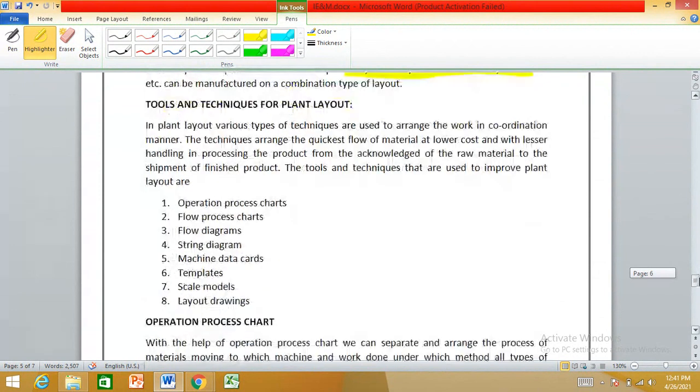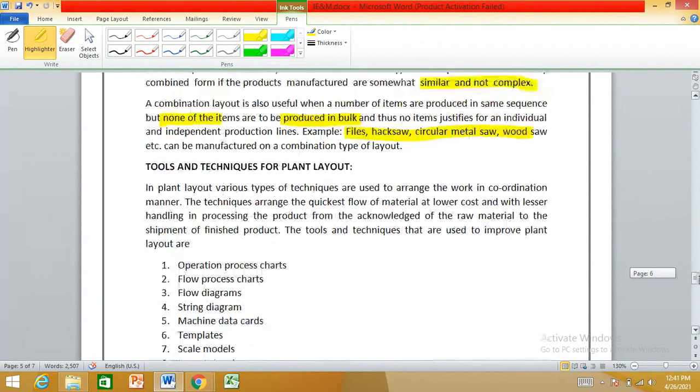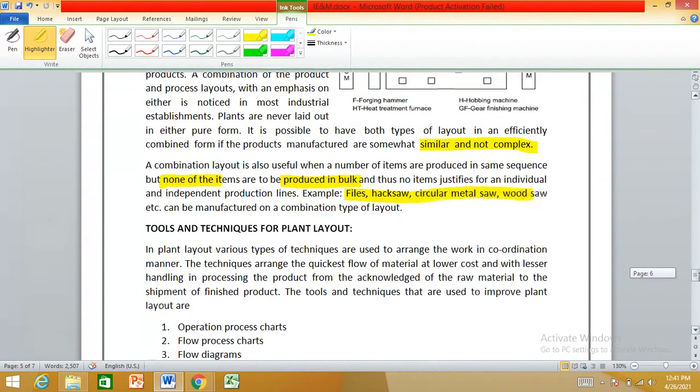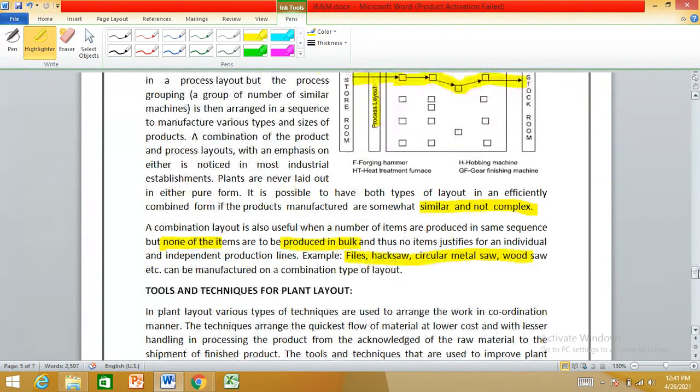These are three completely different types of layout: one is process layout, another is product layout, and the third is combination layout. These are the three types of layout which are in your syllabus.